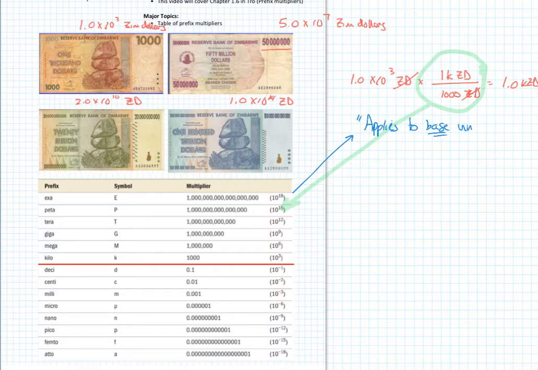Okay, that's how you interpret this table: this 10 to the 3, 10 to the 6, 10 to the 9, etc. That gets applied always to whatever the base unit is. All right, so let's take a look at